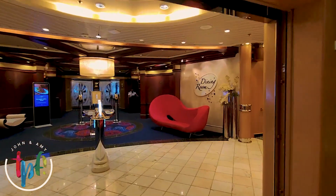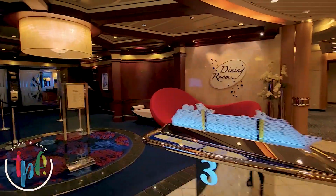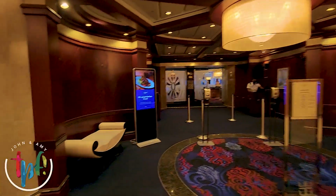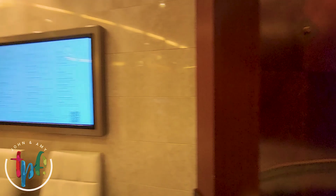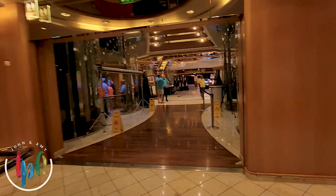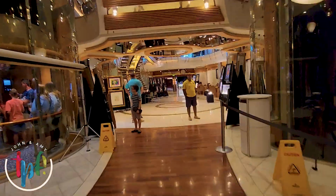All right, so here's the main dining room again. This is level 3. And so it depends on whether you are a My Time diner or reserve dining, where you're gonna go for your dinner in the main dining room. But like I said, there are 3 levels. All right. And then on the other side,